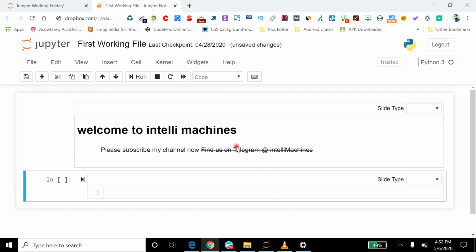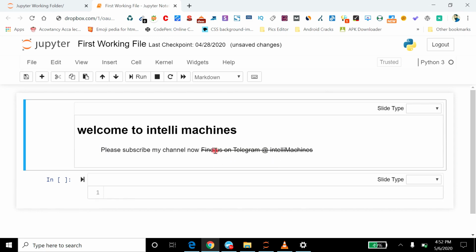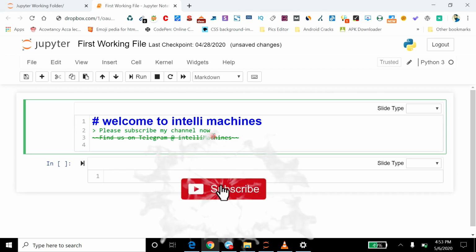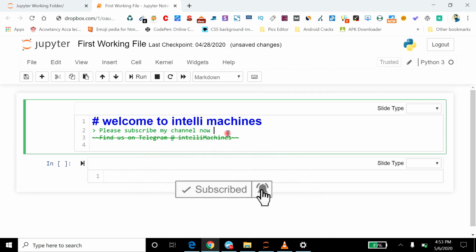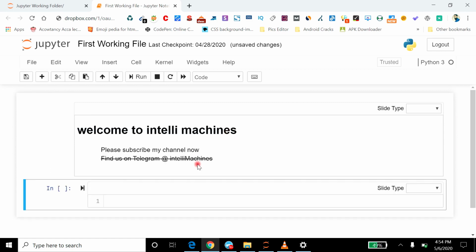And here please notice one thing, that this text is appearing in one line, whereas if I go back into the edit mode, then you can see I have inserted this text into two separate lines. Now if I want to show it in a separate line, then I will have to put this quote just before this line and at the end of this line, and here you can see this text is now appearing in a separate line.